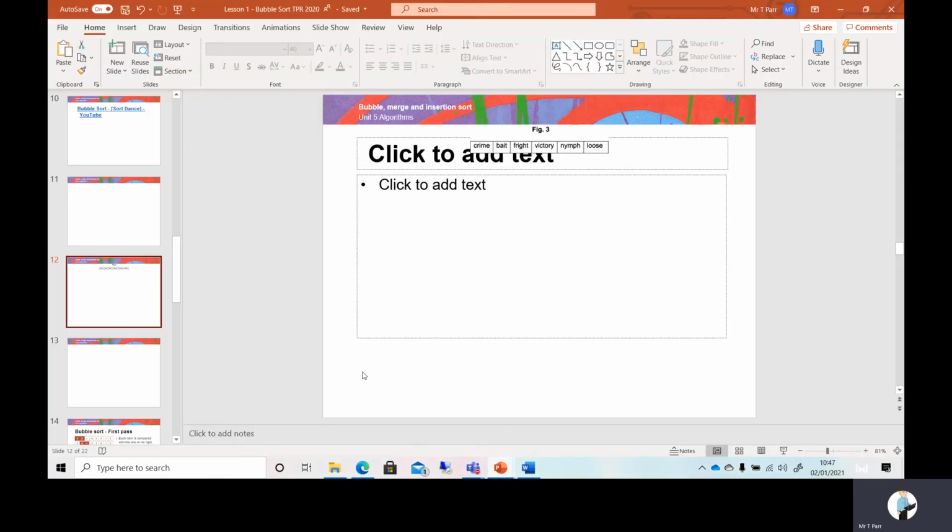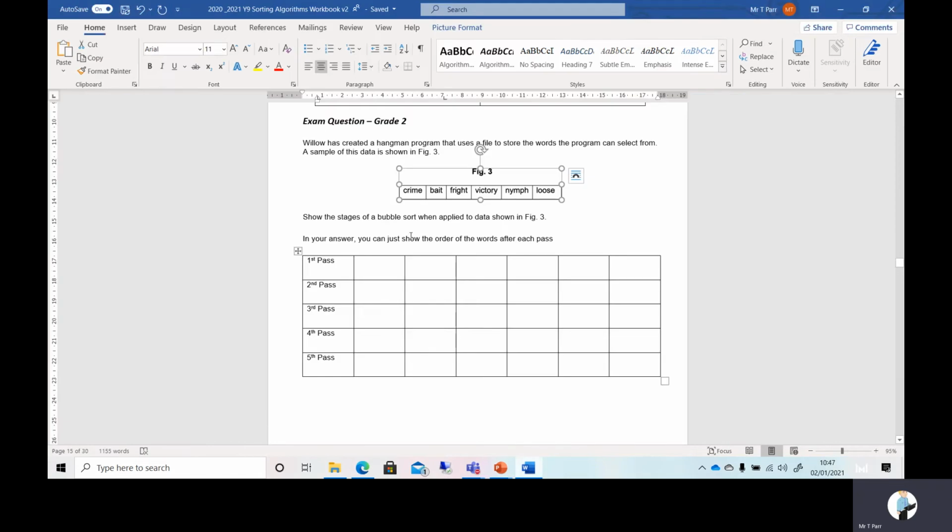Right, let's try and explain it. So let's go back to it. So in the first pass, crime and bait would swap. So I have bait, crime, fright. Crime and fright would stay the same. Fright and victory would stay the same. Victory and nymph would swap. And then nymph and loose would swap. So after the first pass, it would be